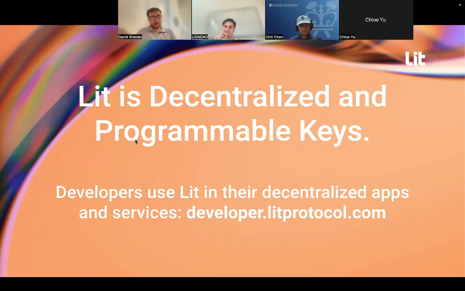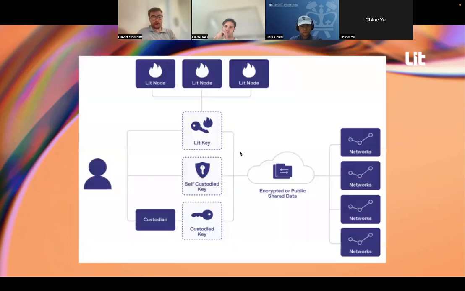We'll go through some of the docs in a second, but first let's go through the high level. This is what Web3 looks like with more keys. Obviously, you have the notion of a custody key using a vendor like Coinbase or FTX. And what we've got here is this distributed key management network that in turn lets you interact with the decentralized state machines, whether they're ledgers or storage networks.